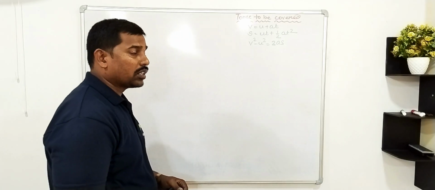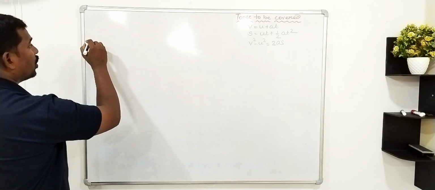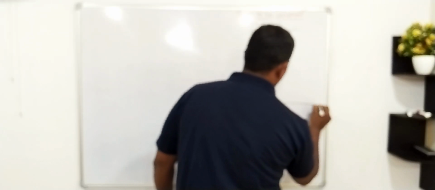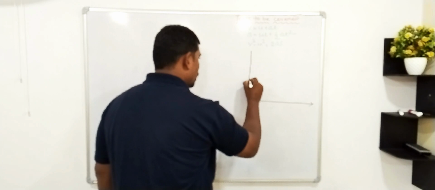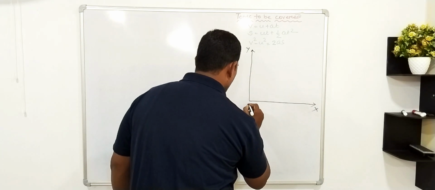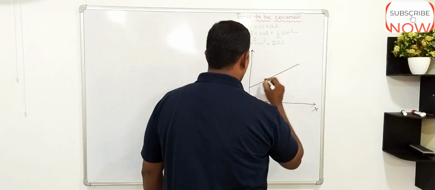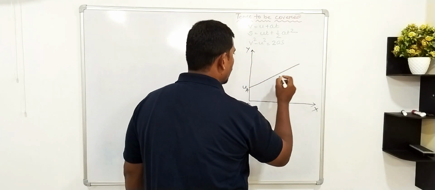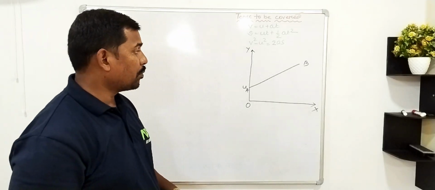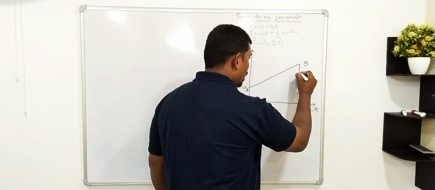The first equation is your velocity time relation, that is v equal to u plus at. Let us first draw a diagram. Suppose this is your time axis, and this one is your y axis, your velocity axis. Origin O. Suppose an object moves with some initial velocity u. This is your point A, B. Remember, uniform velocity is described by a straight line. Here AB is the uniform velocity. Then draw a perpendicular upon the time axis.